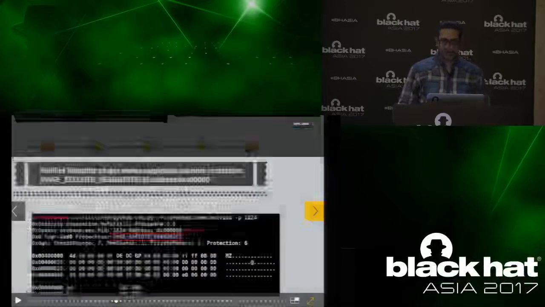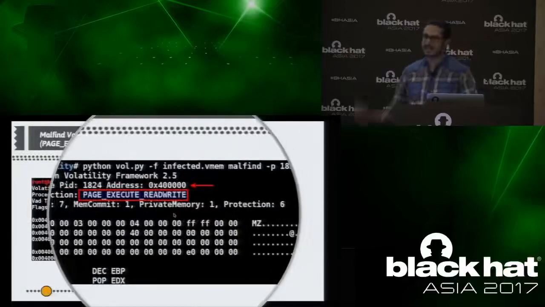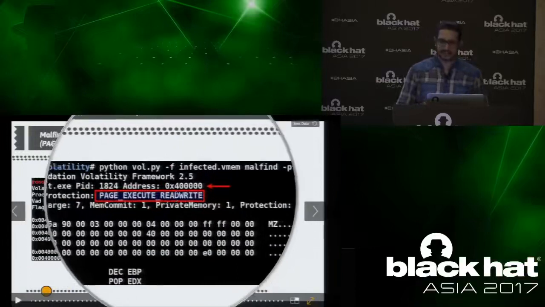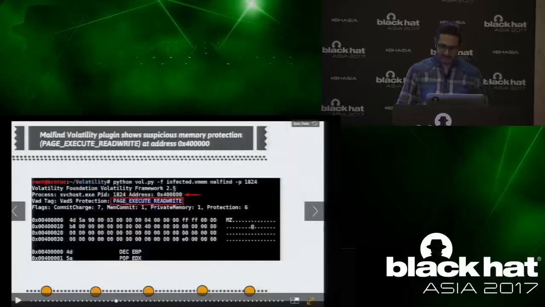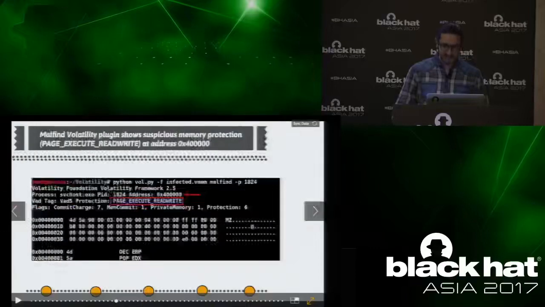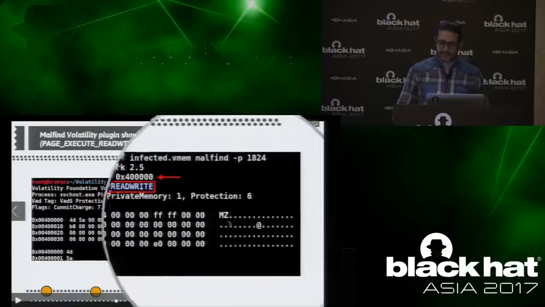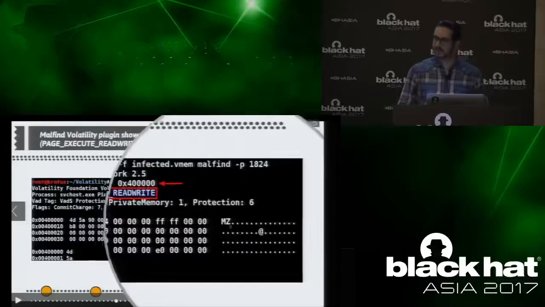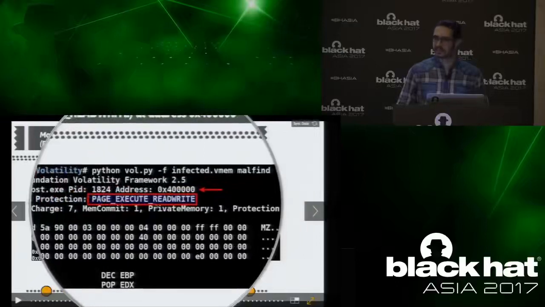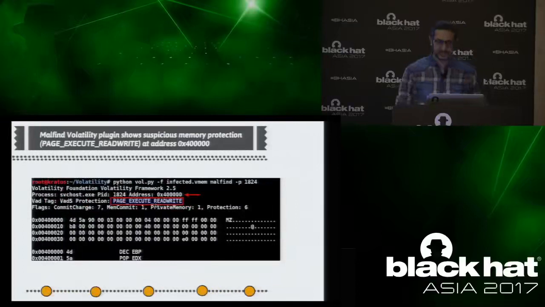That's one thing. Second, you can also use the malfind plugin. Like I said, if an executable is injected, it will not have a memory protection of page execute write copy. In this case, where the PEB said svchost.exe is loaded, that region here, it is telling it's suspicious because it contains an executable. This is a signature of a PE executable, but it does not contain the right memory protection. So these are some of the characteristics that can be used to detect hollow process injection.